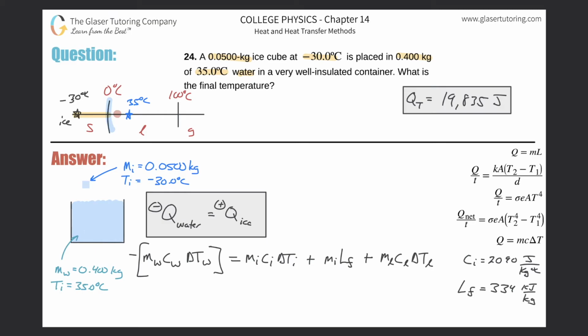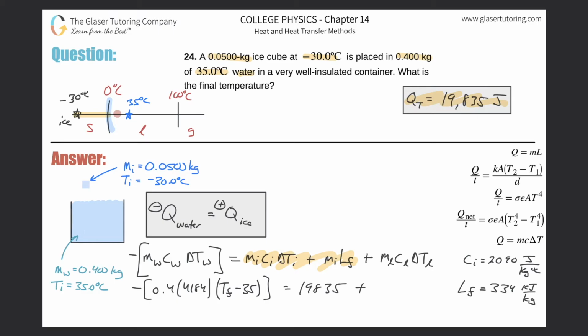Okay, so now we already calculated this. That's just what we did over here. Right? So notice, this now becomes nice and simple. Okay, I'm going to plug in things that I know now. So this is negative. The mass of the water inside of the container was 0.4 kilograms, right? The specific heat of the water is 4184. The change in temperature then, the final, I don't know what it is, so just leave it as a variable, minus the initial for the water was 35 degrees Celsius. Okay, that takes care of that. Now equals this thing we just calculated. So this is 19,835